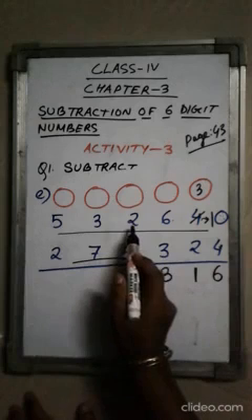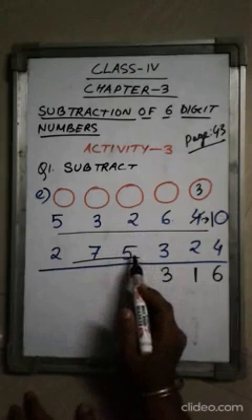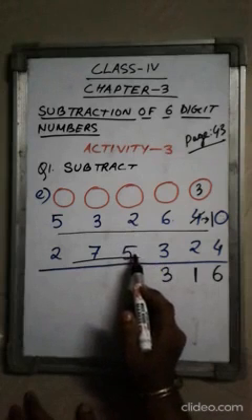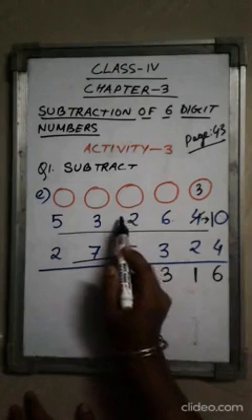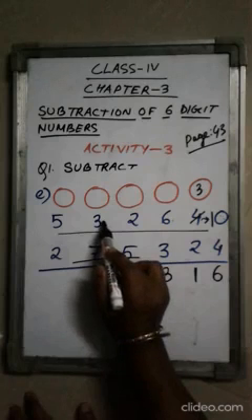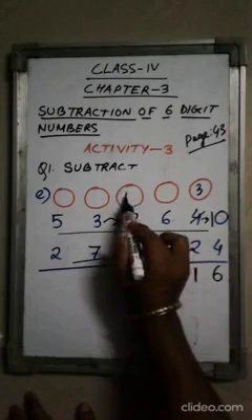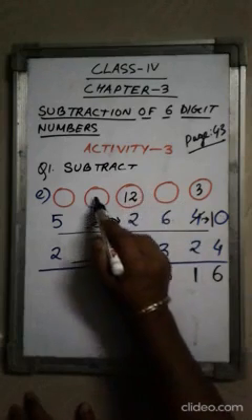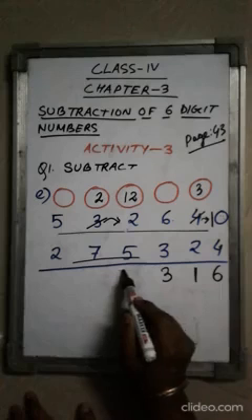In thousands place you can see that we have 2 and 5. From 2 we have to subtract 5. It is not possible as 5 is greater than 2. So we shall check the next digit. From the next digit we shall take 1. It becomes 12. So I will write here 12. And this 3 will become 2. 12 minus 5 is 7,